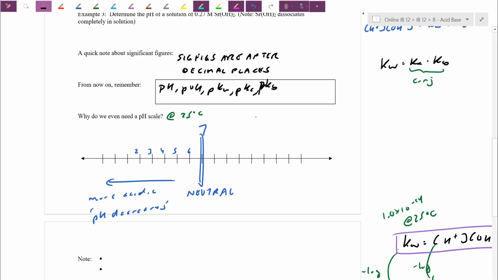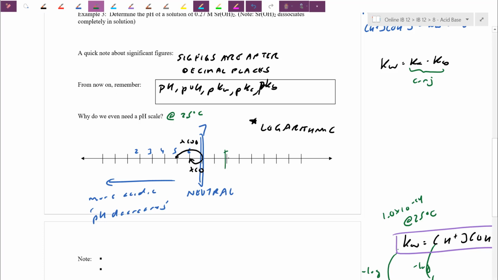I want to emphasize they always like asking you this one here. pH is a logarithmic scale. Logarithmic. So basically it's based on powers of 10. pH of 6, like we said, is 10 times more acidic than 7. pH of 5 is 10 times more acidic. It's 100 times more acidic than 7. Going the opposite way here,